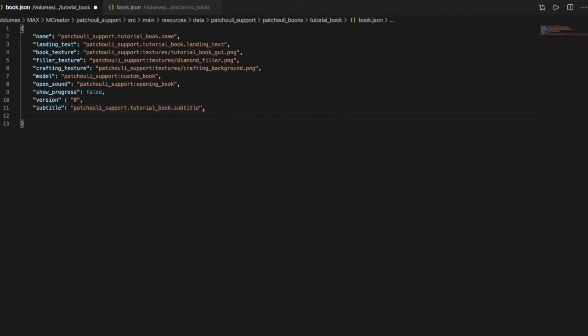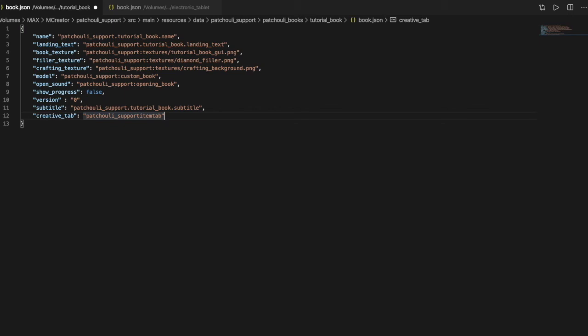Then you have the creative tab, which is useful because by default it's in the miscellaneous tab. Here you can put patchouli_support item tab, and if you create an item tab, this will be it. By default you have building blocks, decoration, redstone, transportation, misc, food, tools, combat and brewing.